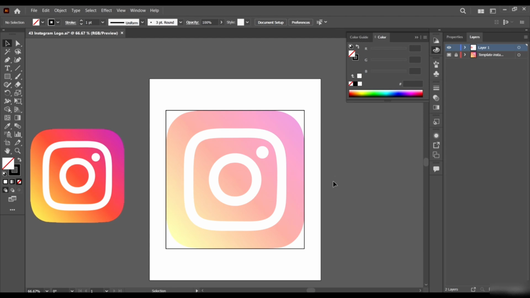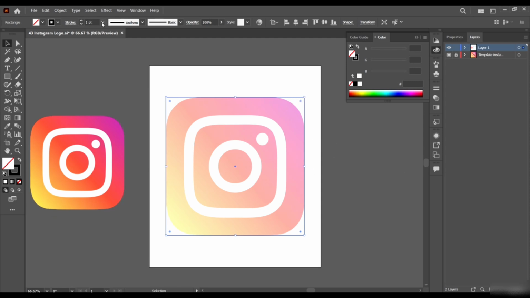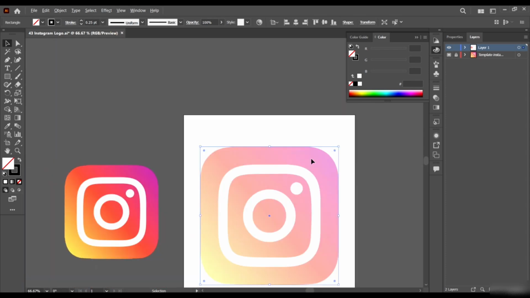Now the next thing we'll do is keep duplicating our rectangle to copy this part and every other part here. We're just going to draw them out with thin lines like this. We can make our stroke the least so we see what we're doing better.